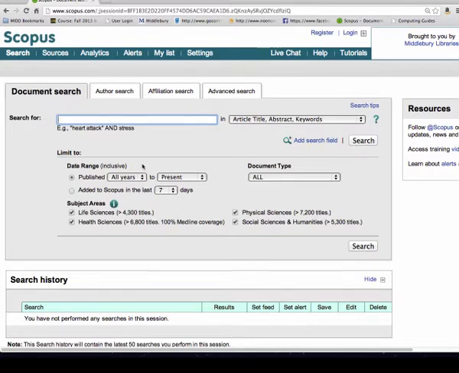Broadly speaking, you can think of two types of literature searches: de novo, or from scratch, searches, where you don't have a starting paper, you just have some ideas of words, or a search in which you already have a starting paper that you know is a good paper, but you're just trying to find other ones that might relate to it. So let's start with a new search, and let's start by using the terms furanocoumarin